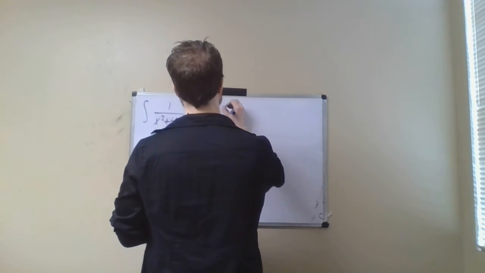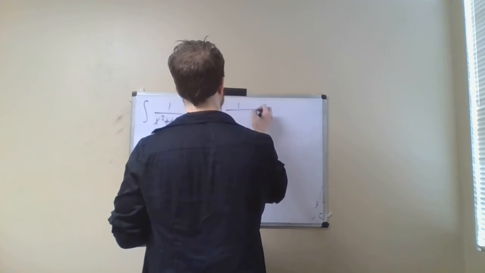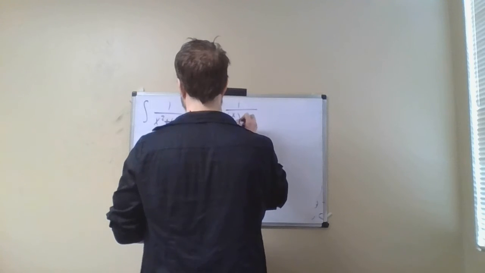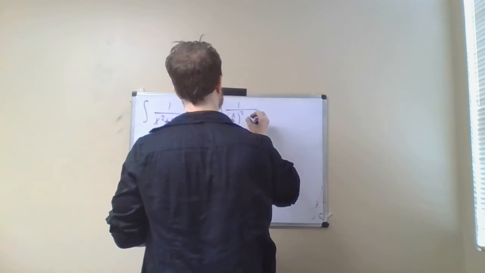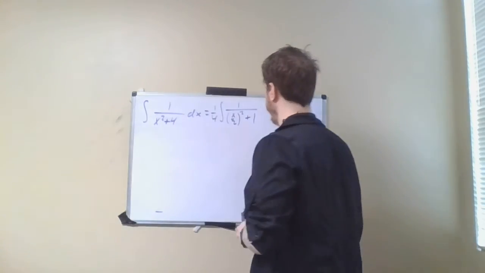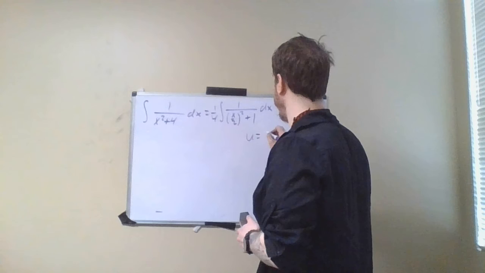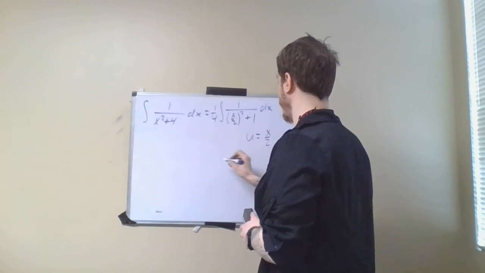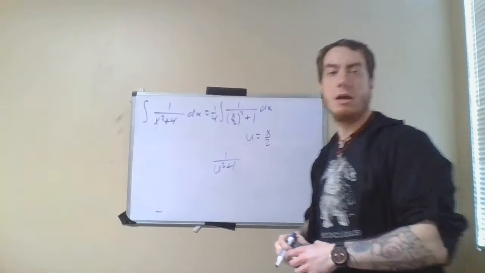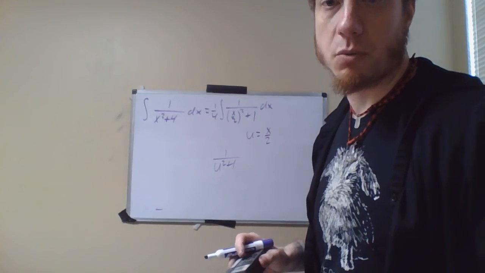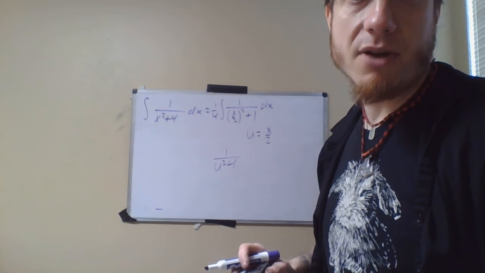This would be the integral of 1/4 times 1 over (x over 2) squared plus 1 dx. Well, here's the thing. If I do a u substitution of u equals x over 2, this becomes 1 over u squared plus 1. But guess what 1 over u squared plus 1 is? That is actually the derivative